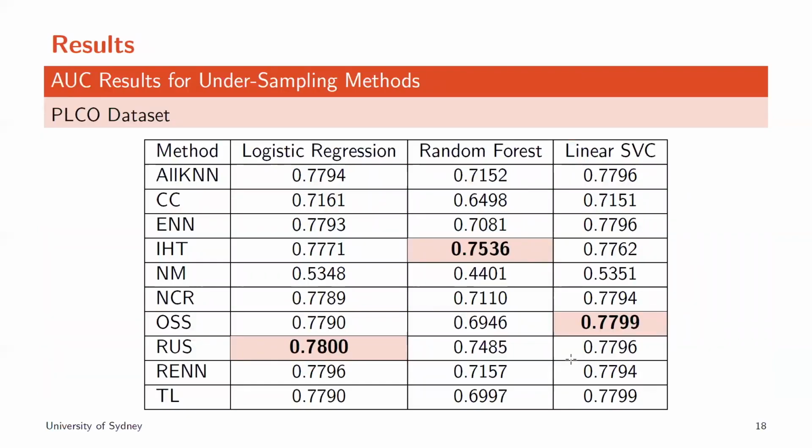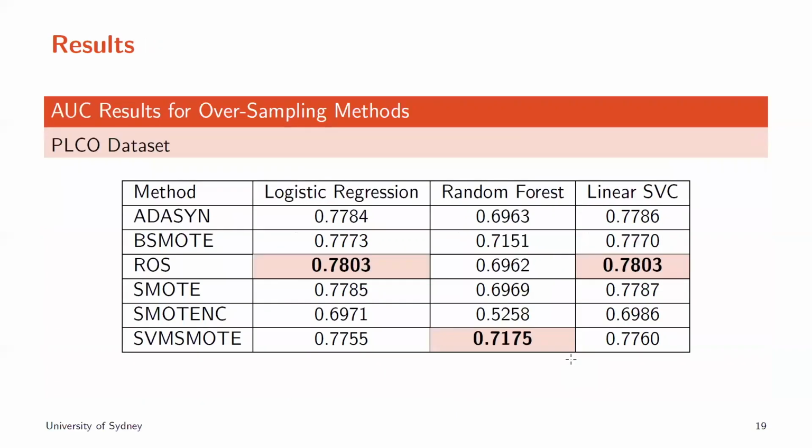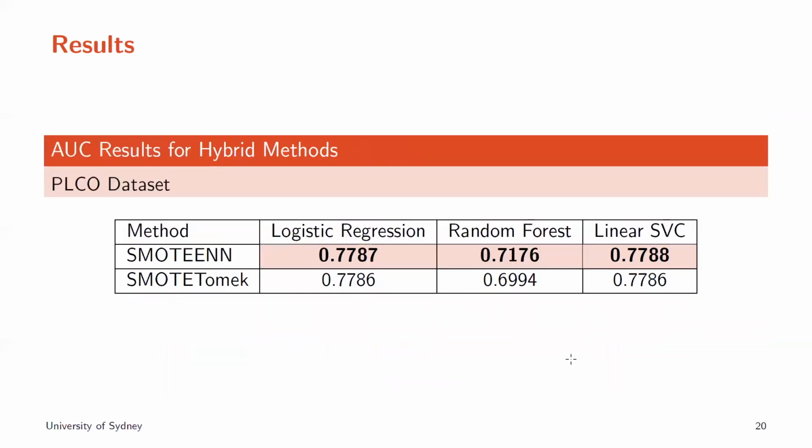For the undersampling methods for the PLCO dataset, each classifier had its own best undersampling method. For logistic regression and linear SVC, the best performers are not too far from one another. For oversampling methods, random oversampling performs well with logistic regression and linear SVC, while SVM SMOTE performs well with random forest. In hybrid